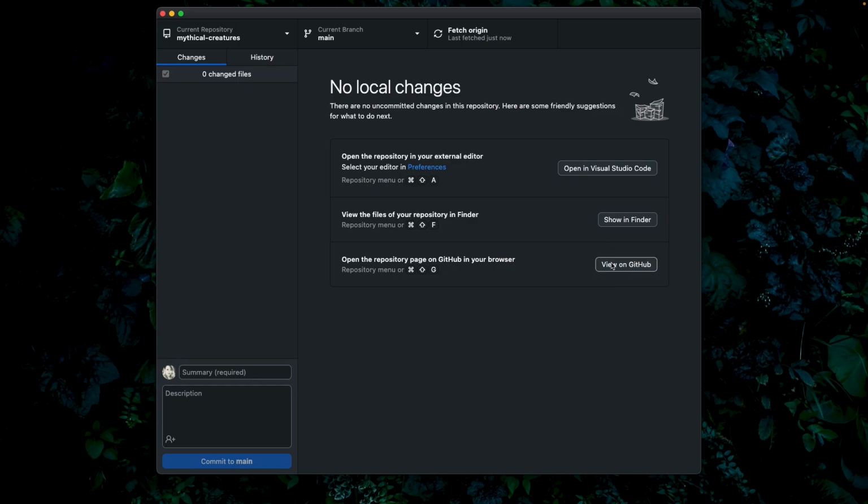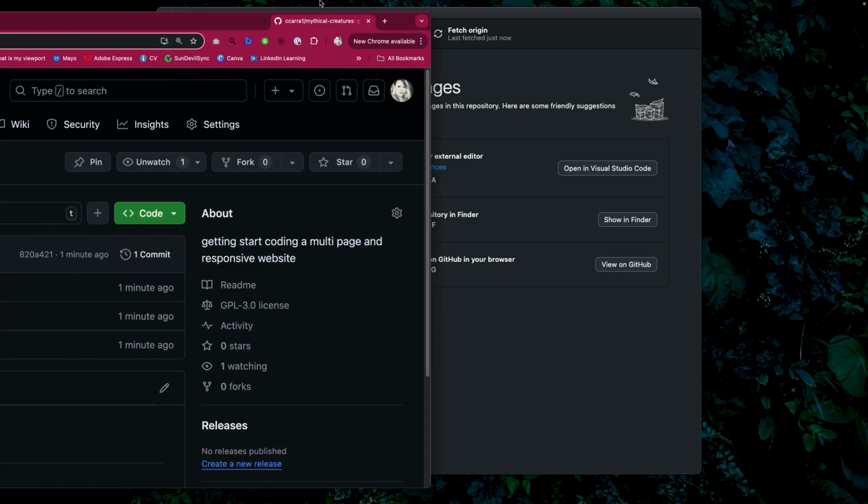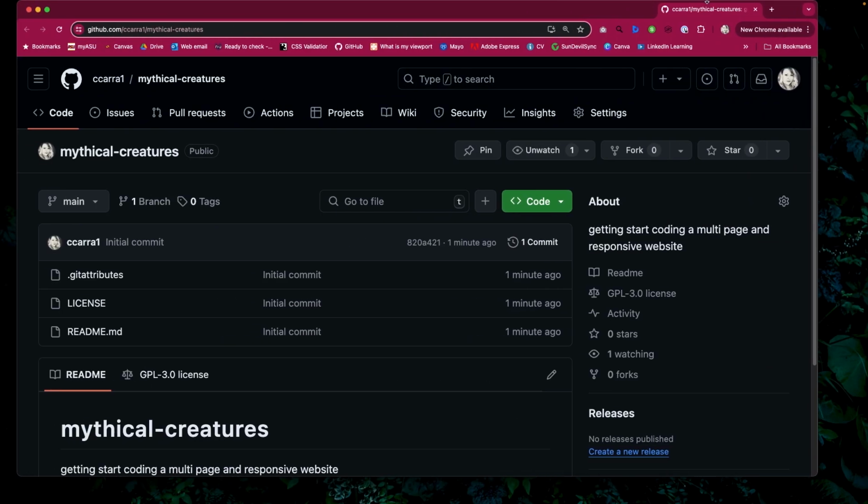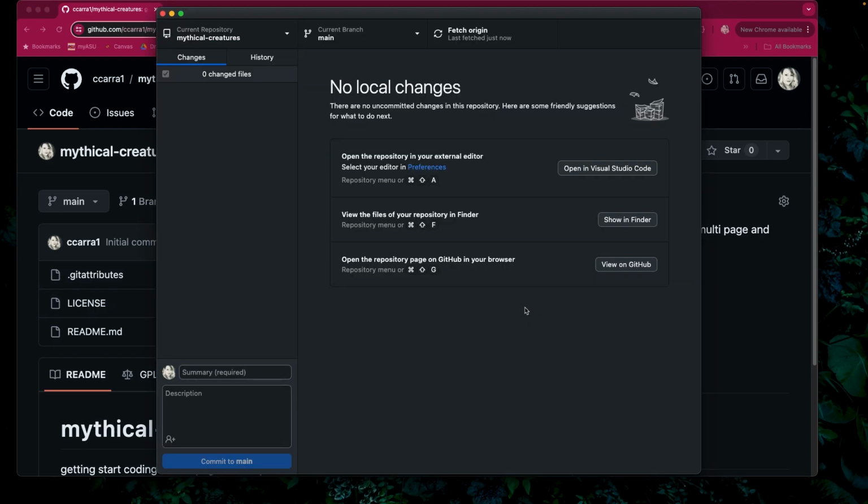And again, I can see that by clicking view on GitHub. And there it is. We have our new mythical creatures. It has a Git attributes file with nothing in it. It has the license that I chose. It has that README file. I can see I did that a minute ago. Perfection. I'm going to go back to GitHub Desktop, and now what I want to do is go ahead and